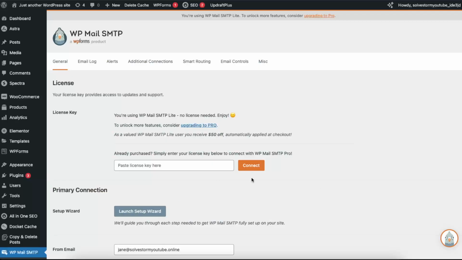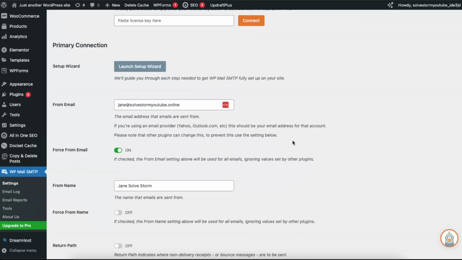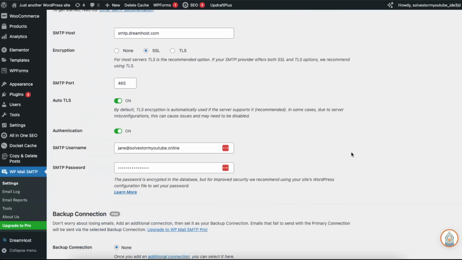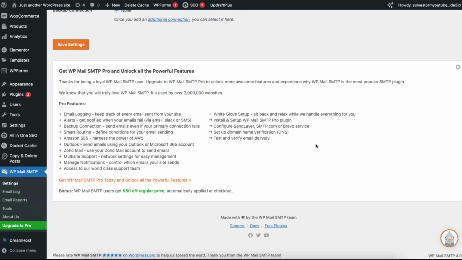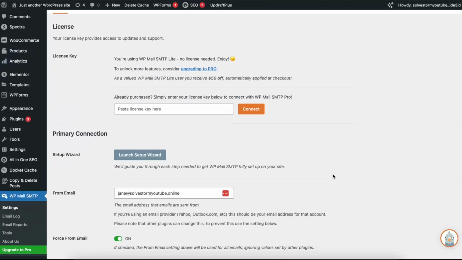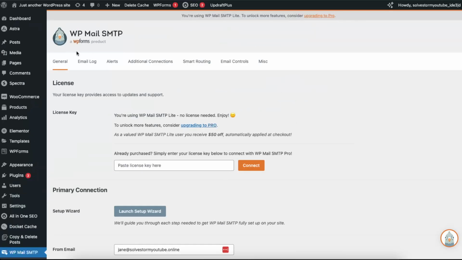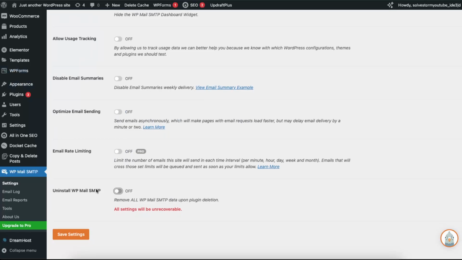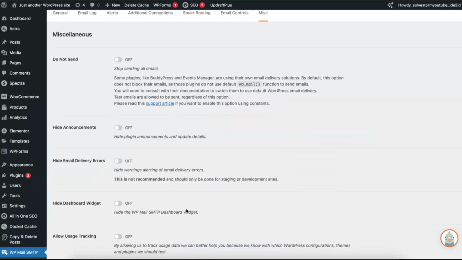You can also go ahead and send a test mail, which would be somewhere here. And here are all of these sendings right there. So uninstall WP Mail SMTP, but as you can see, all of these settings will be unrecoverable. So I would suggest you do this. And yeah,